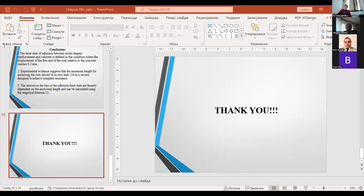Okay. I would like to share the result of our research on the determination of the minimum anchoring length for a 500 C bar in concrete. These sickle-shaped reinforcement bars manufactured...